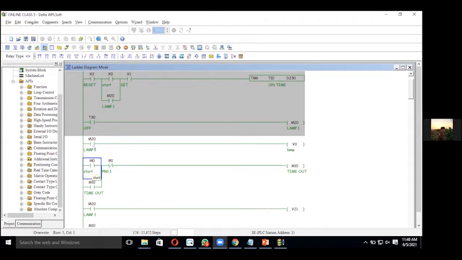We have an NO contactor. We give it as an input to the same circuit, so only this will be latched. This is a monitoring system. You can see the elements here. These are the functions of the software. You can use all these functions. Now I'm just monitoring it.